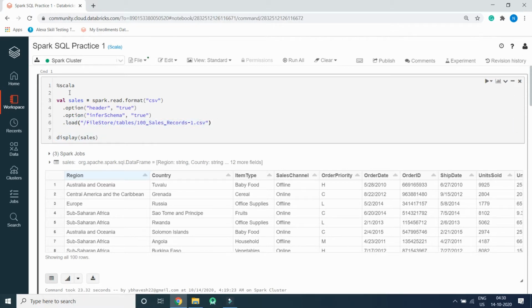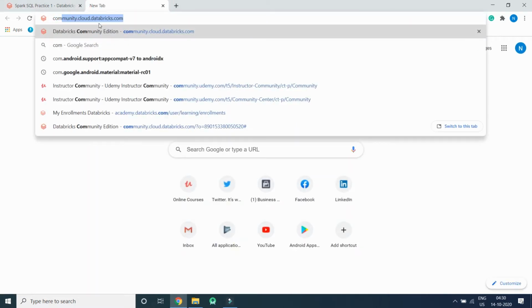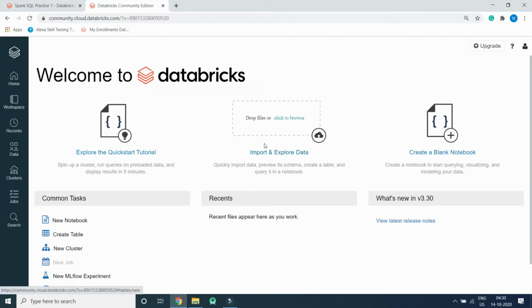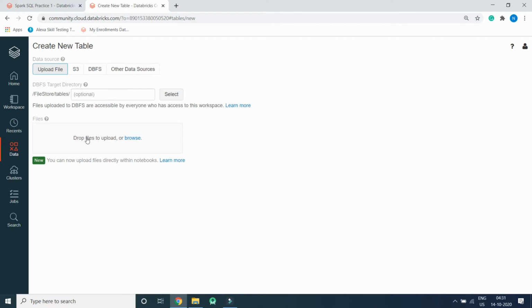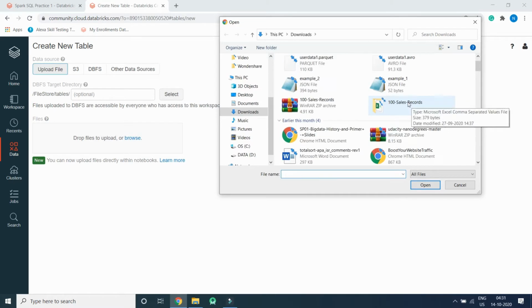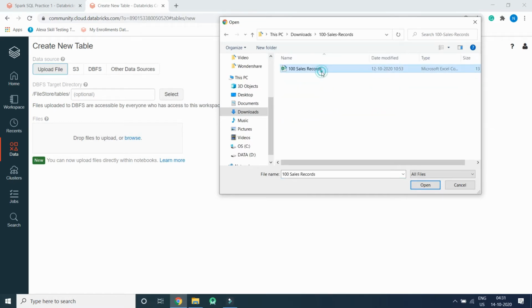How I got this file: FileStore tables slash 100 sales record1.csv. I clicked on import and export, and in a new screen I clicked on drop files to be uploaded and selected 100 sales record.